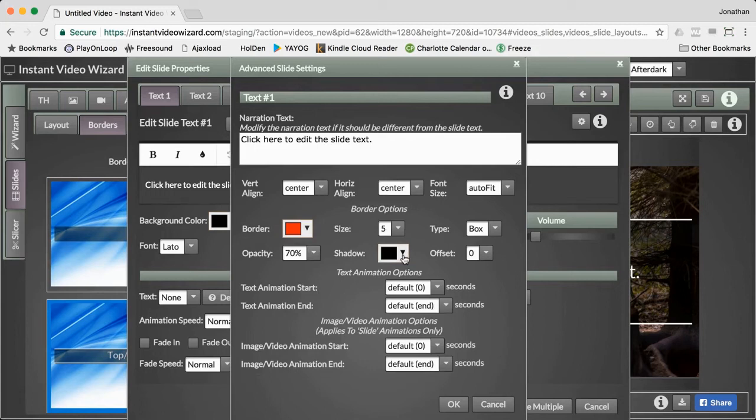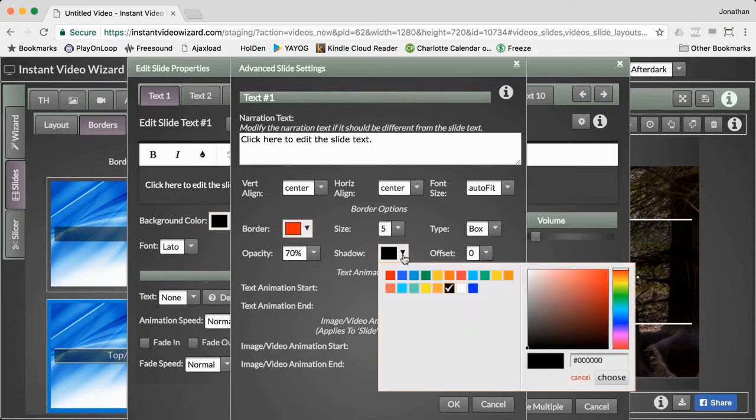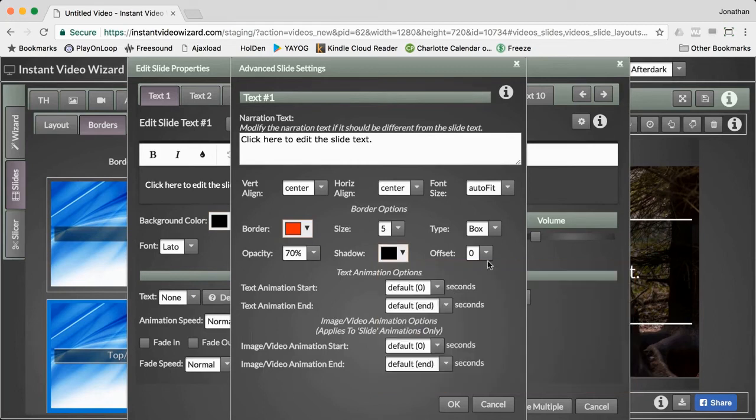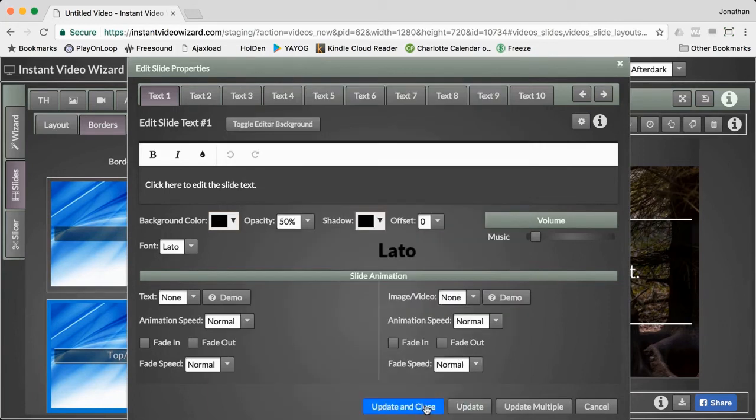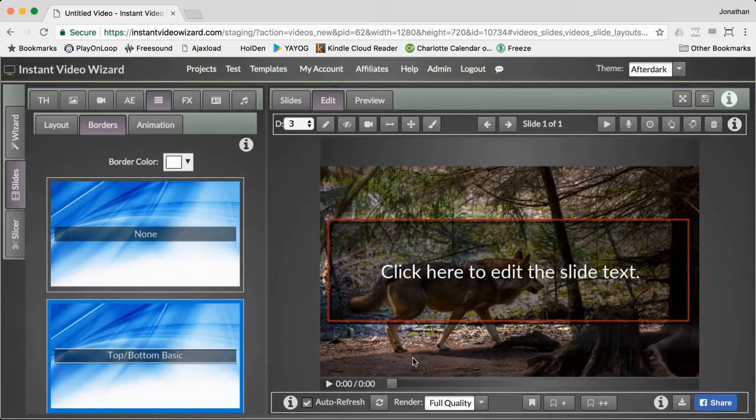We can also set the color of the border shadow if we want it to have a shadow. I will set that color to, well, let's just leave it at black. And then set the offset. I'll make the offset 10 pixels. Click OK and update. And you'll see that we now have a boxed border and you can see that offset